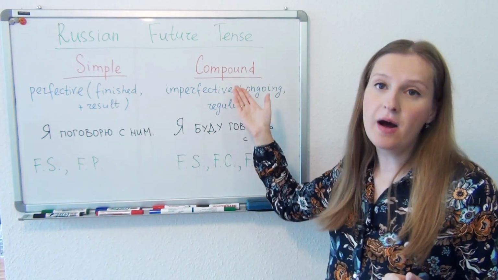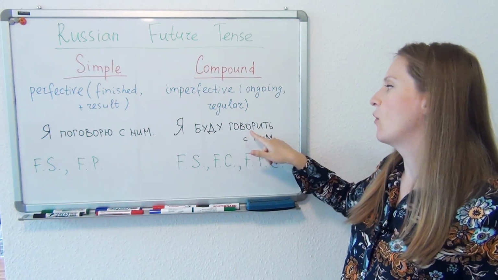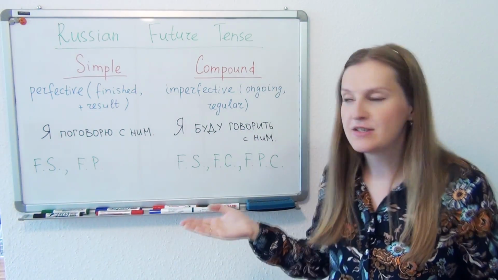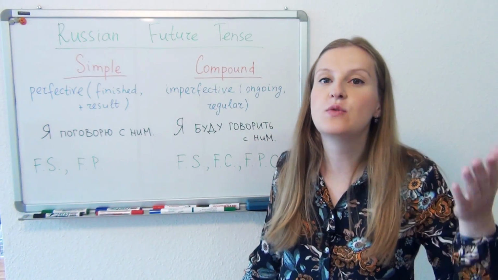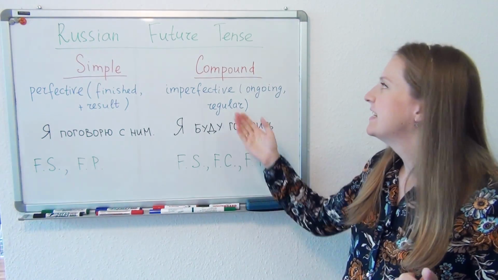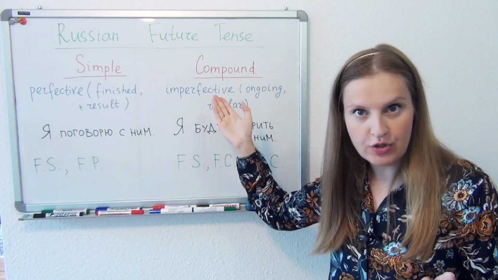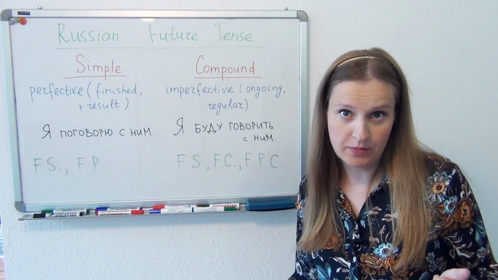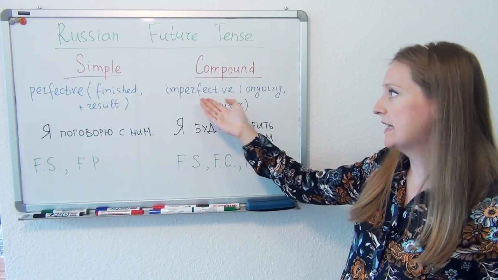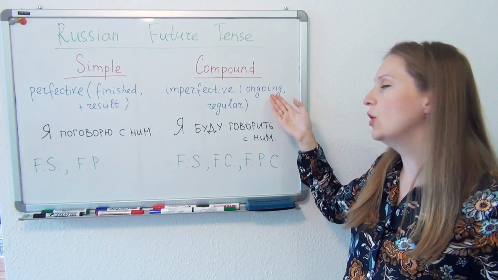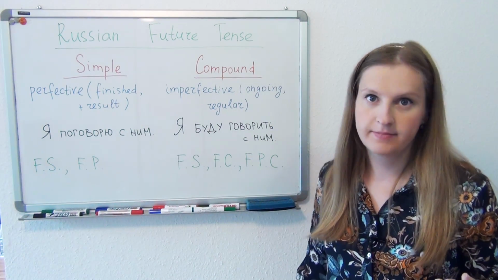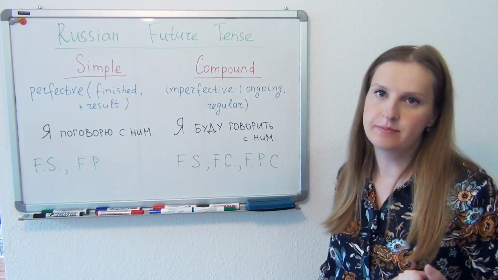In English, usually we use here future simple or future perfect. Now, there is a compound form which consists of 2 verb forms. There are 2 verbs. There is an auxiliary verb like in English. So this form is very close to future simple form, well, according to the logic. So we use a compound form of future when we deal with imperfective verbs. Once again, imperfective is an aspect of verbs. And usually such verbs denote ongoing actions or continuous actions or regular actions. An example, я буду говорить с ним.